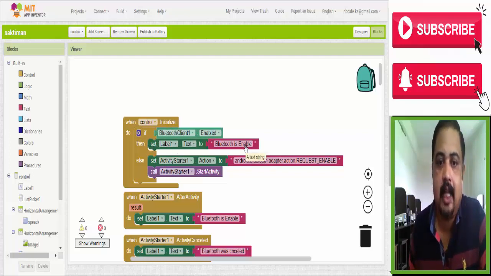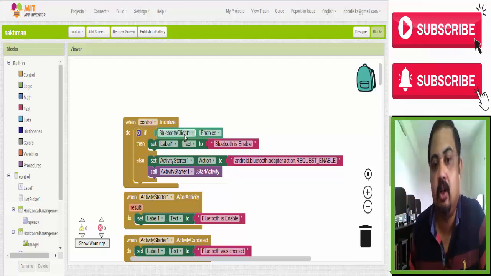Else, activity starter action Android Bluetooth adapter request enable. You have to copy this, we cannot write it on our own because it is a function, we have to use that. For that, if our app finds that your Bluetooth is not on, it automatically gives you a message to turn it on. And start activity starter 1.